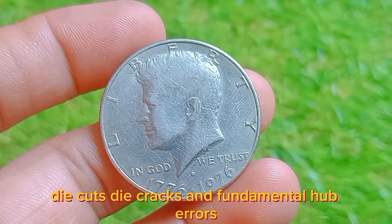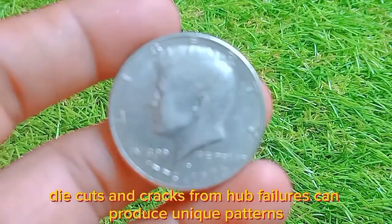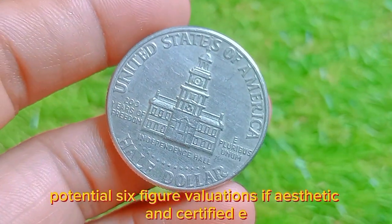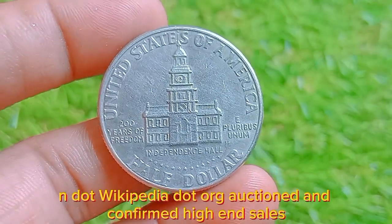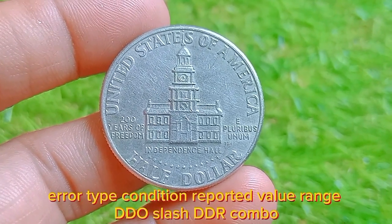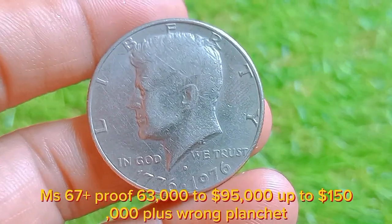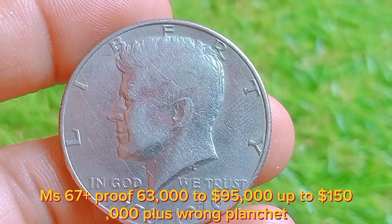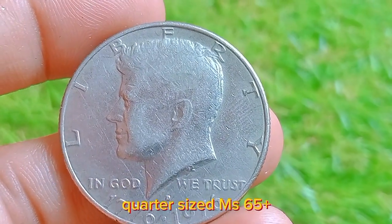Die cuts, die cracks and fundamental hub errors. Die cuts and cracks from hub failures can produce unique patterns, with potential six-figure valuations if aesthetic and certified. Auctioned and confirmed high-end sales. Error type, condition, reported value range: DDO/DDR combo, MS67 plus proof, $63,000 to $95,000, up to $150,000 plus. Wrong planchet, quarter-sized, MS65 plus,